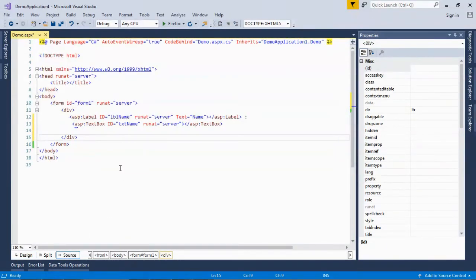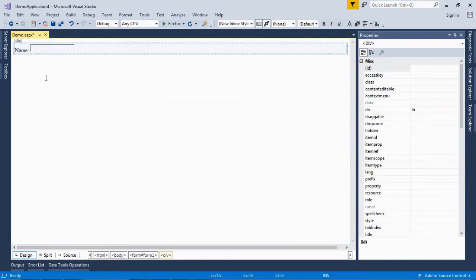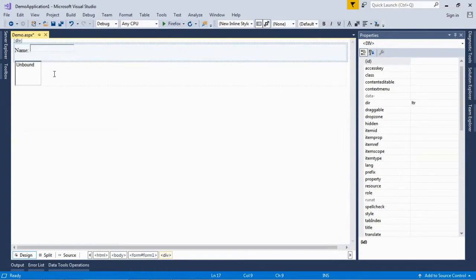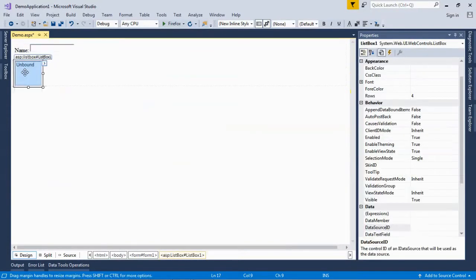Now let's move on to the other control, which is list box. Before doing this, we just go to the design view and check where we want to place that list box. I can also place it as per our use or how it looks on the page in design view, as well as we can do this on the source page also. Now list box is there. Click on this arrow. Here are the properties of this list box. Click on edit item.